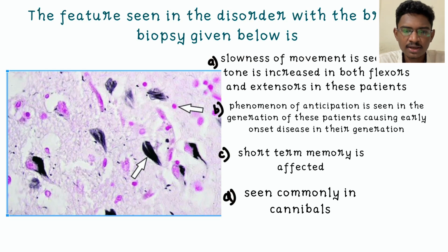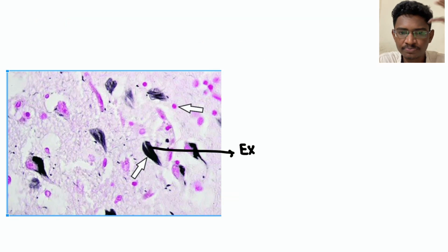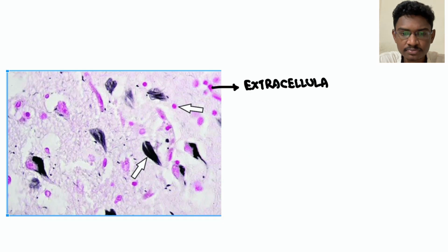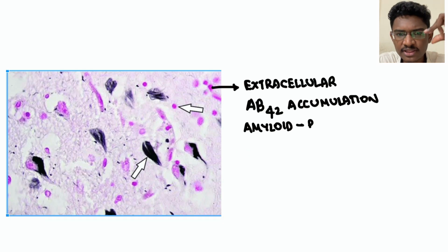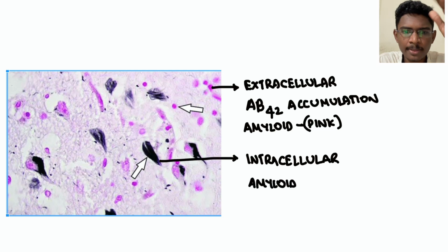Come to the brain biopsy image here. You can see some pinkish material deposits in the brain. So obviously they are amyloid deposits, A beta 42 amyloid. Remember that, it's very important. And you can find the blackish deposits also. They are nothing but